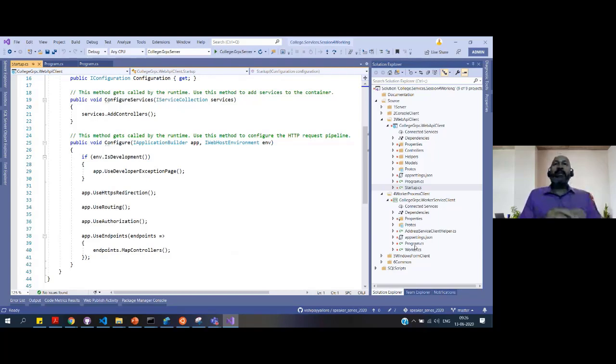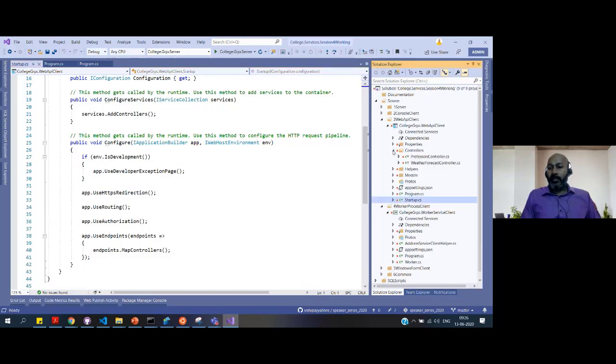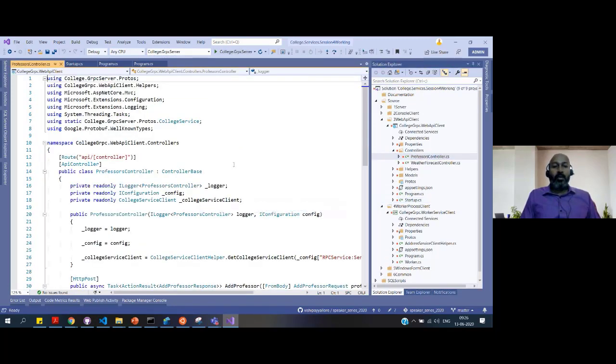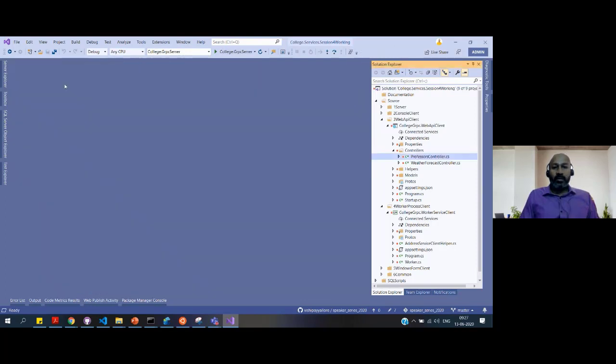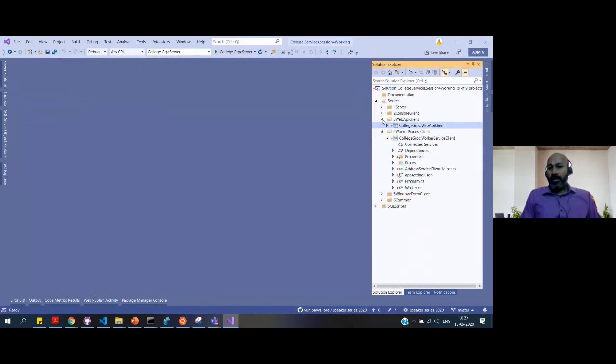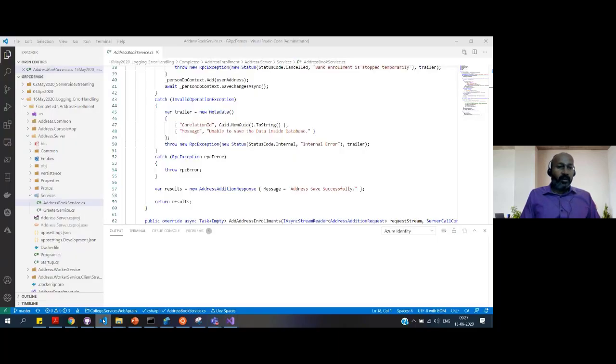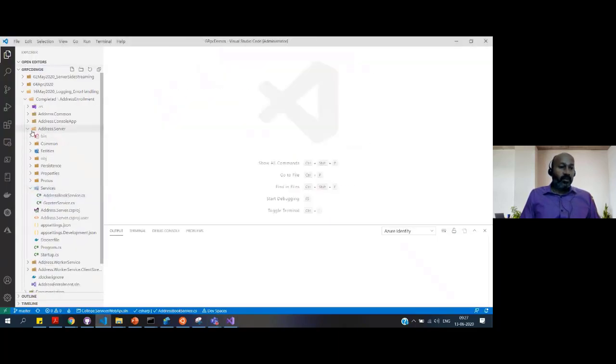If you have this kind of dependency injection, then you can load this into the service container, and anywhere in the controller or any place where you need it, you can happily go and say, hey, give me this logger factory, because this is the client, this is a web API client. We can directly use this one. If not, we have to do it with another mechanism. First, let's see how to do it for the worker service. For that we need two pieces